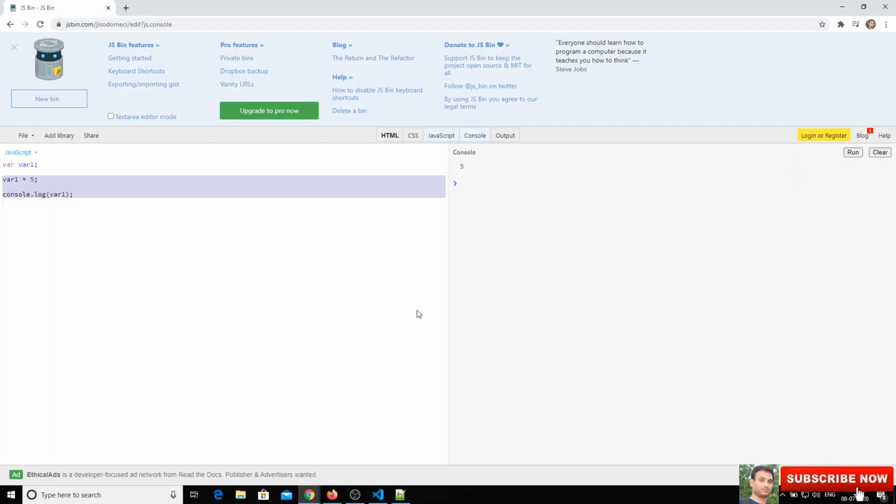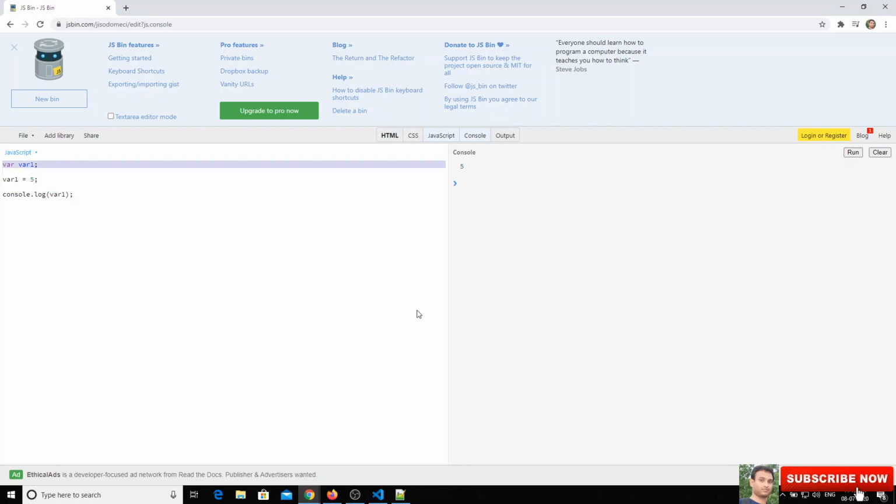This is how JavaScript executes. This is known as variable hoisting. Hoisting the variable means the variable declarations are moved to the top. That is the first behavior. So if you write it further down, it's not a problem. Programmatically, the browser will declare it at the top only.